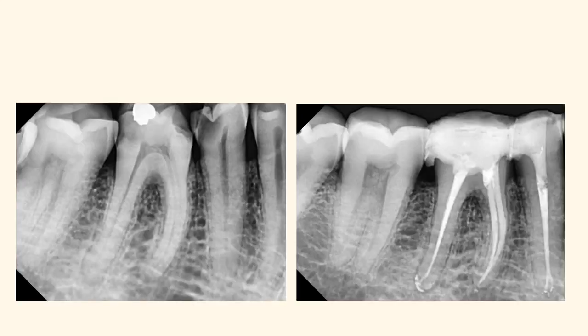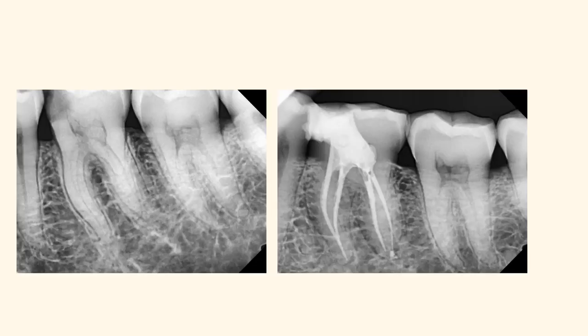This is another case, very long roots, about 25 to 26 mm of working length. Maximum time is spent on the initial negotiation and glide path preparation of the canal. This is a case of confluent canals in the mesial root. The same protocol is followed, resulting in the proper glide path preparation, resulting in predictable endodontics.